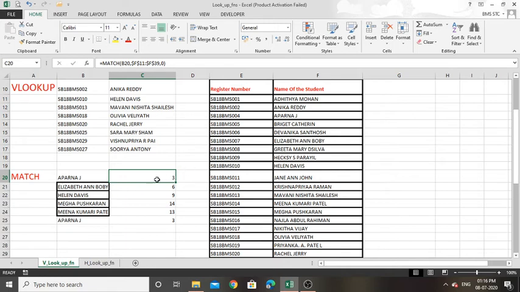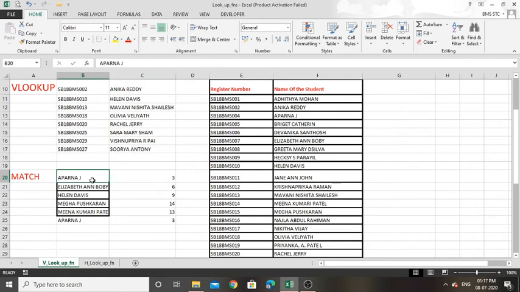That is why I kept Aparna's name twice. MATCH is used to locate the position of a particular lookup value. So what is the location of Aparna J in this table? Is it in the third row or the second row, something like that? So it will locate the position of the particular searching key value.